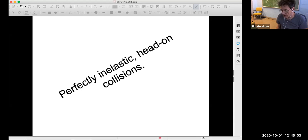So this first example is a perfectly inelastic head-on collision. Now that's a fairly long description, but those words mean something, and we've just learned what those words mean. Perfectly inelastic means this is a collision conserving momentum. This is a collision that doesn't conserve kinetic energy. And it's a collision in which two objects collide and stick together. And the head-on means that all this action of approaching one another, colliding, sticking together, happens along a single line,